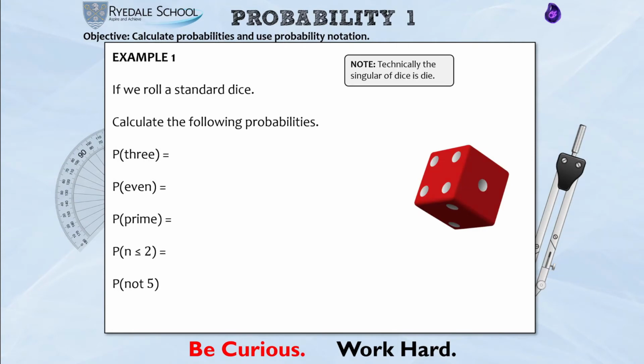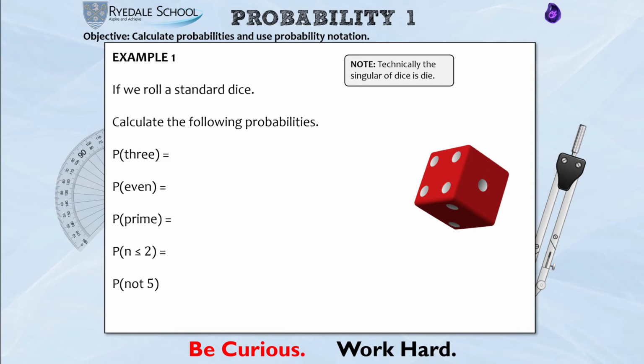So let's start with a very, very simple example, but also if you're not familiar with the idea of probability notation from year 7, that's something that I really want you to have a go at today. So, start off with one of the most straightforward probability systems, which is a standard die. Now, I don't like using the word die, so I will be, from an English point of view, wrong when I say a dice. It is a die, but I prefer to write a dice.